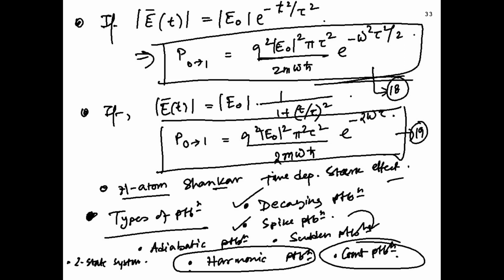We have already done the two-state system example, which is exactly solvable and leads to very interesting physics. And there are another two classes of problems. One is a harmonic perturbation, which is very common: when you disturb a system by an electromagnetic field, that is a sinusoidal, harmonic perturbation. We will learn this case in detail, but before that we will learn a simpler case which reveals a lot of rich and interesting physics, the constant perturbation. All you do is switch on a perturbation at time t equal to 0 and let the system evolve under that constant switched-on field. So we will see what happens in this case. Now we will do this case study in detail.